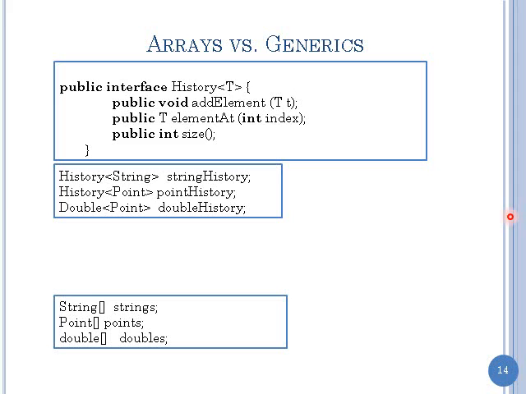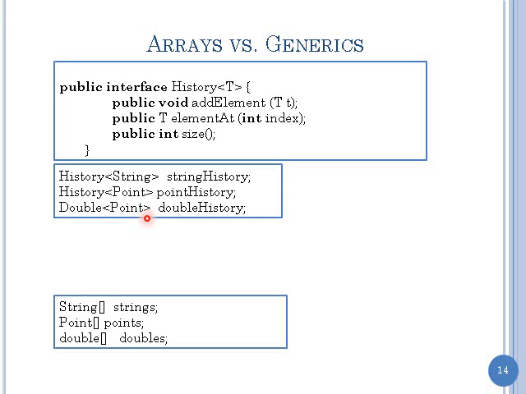What about this? Do you see any similarity between this and this? Here I've got arrays, here I've got history, right? And I'm saying I want a history of string, point, sorry,